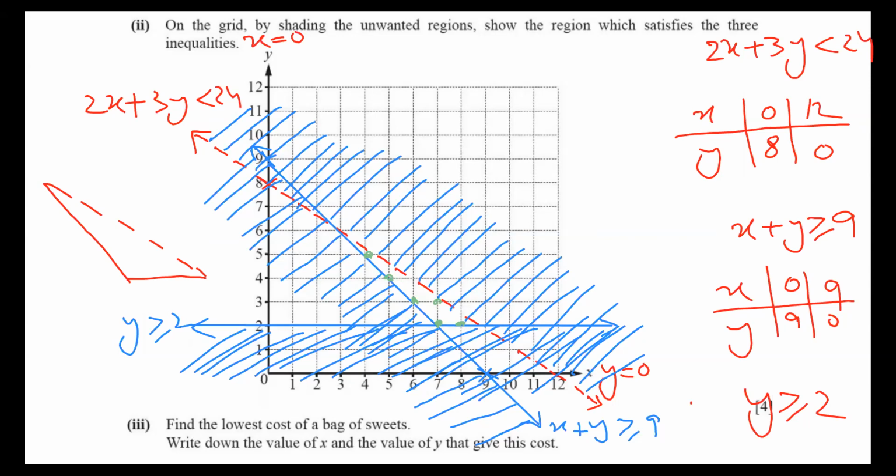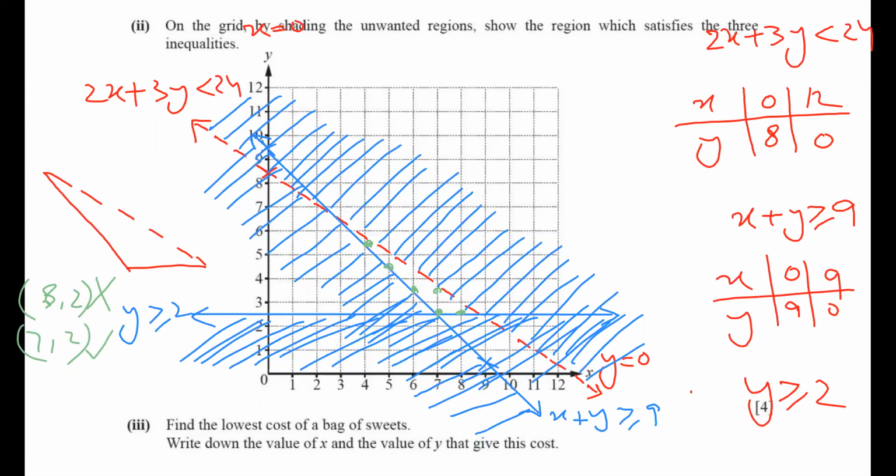Let me write. What is a point here? X is 8, Y is 2. But my question: will 8 comma 2 give the smallest value, or here where X is 7, Y is 2? That 7 comma 2 gives the smallest value. Common sense, I will eliminate this because it's a bigger number. I will not take it. So it means I will cancel it. I put a tick mark.